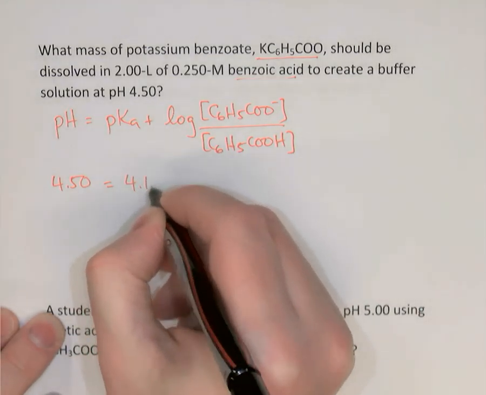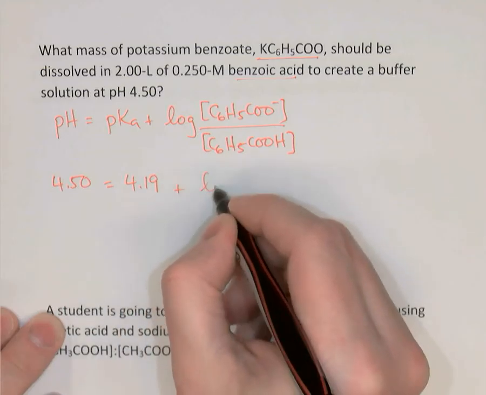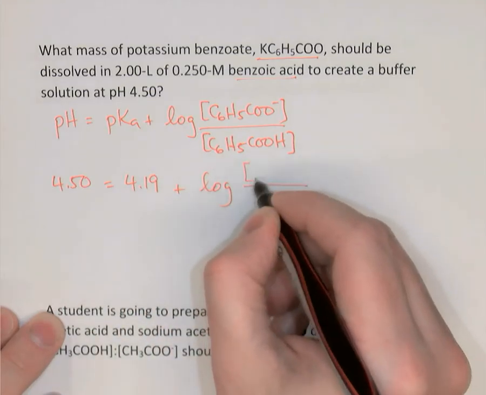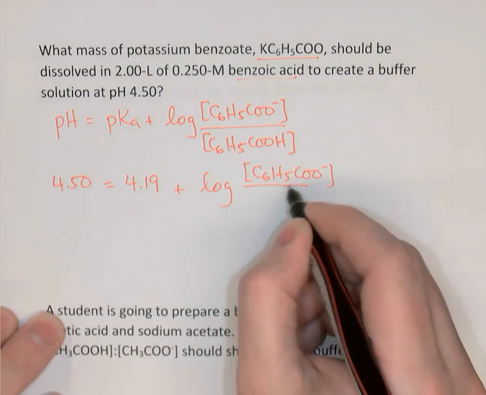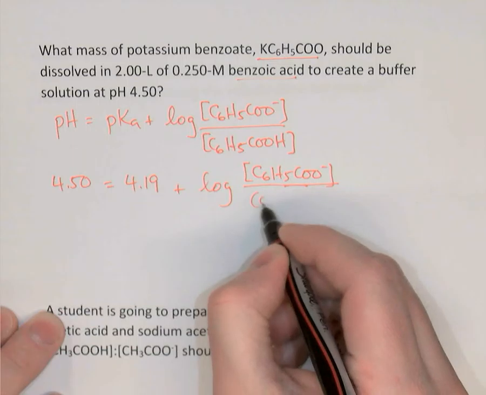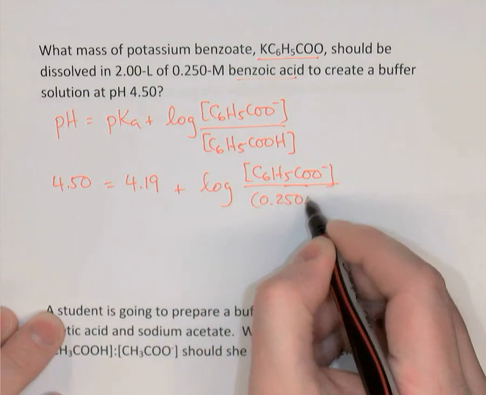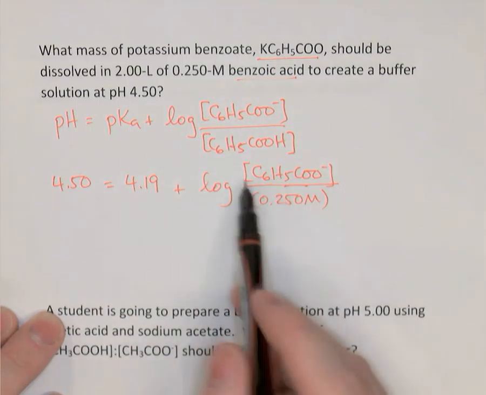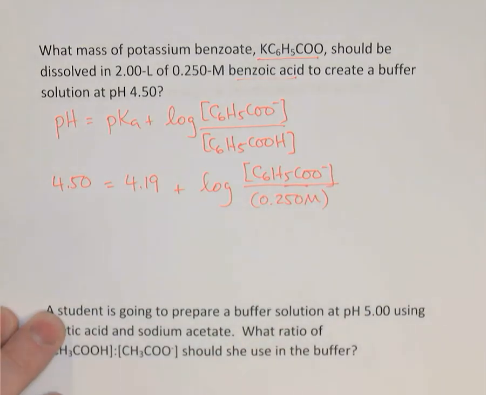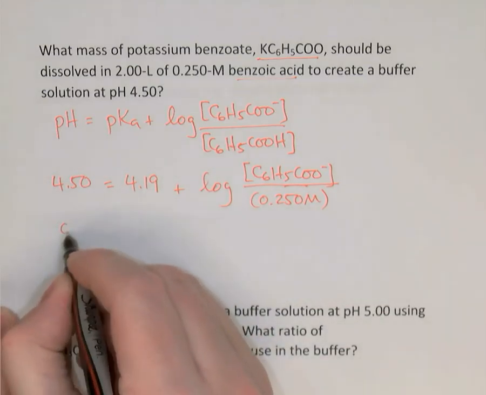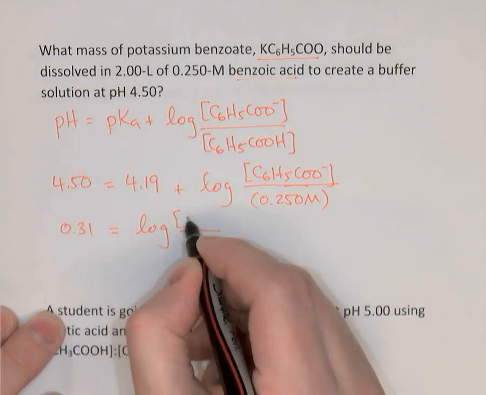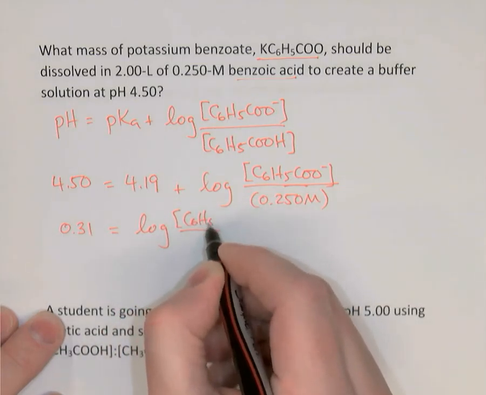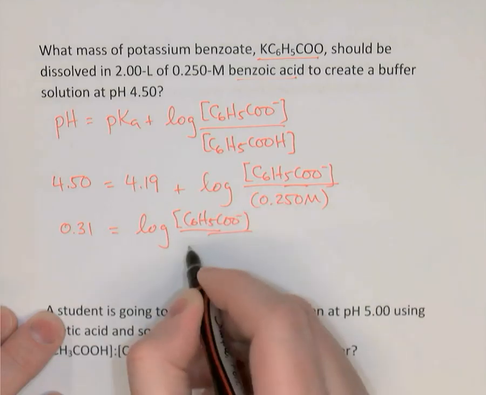4.19 is the pKa, plus the logarithm. I don't know the concentration of the salt, so I'll leave that as my unknown. But the acid I know is 0.25 molar. So now I'm going to go find the concentration of the salt. So 4.5 minus 4.19, I get 0.31 is the logarithm of the base, C6H5COO minus, over the acid,